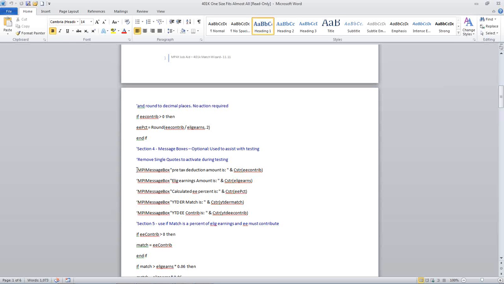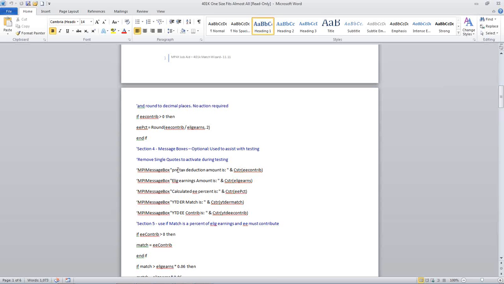So in here, we have a series of message boxes. And what a message box is in M3 is a means to display in payroll entry the results that the script is reporting. So I have several of them in here. They have little quotes in front of them, so they wouldn't actually be used, but depending on my level of frustration with the lack of my ability to get it right, I use some of these and I take the quotes off, and it will actually display a box in the middle of the payroll screen with this message and this number.